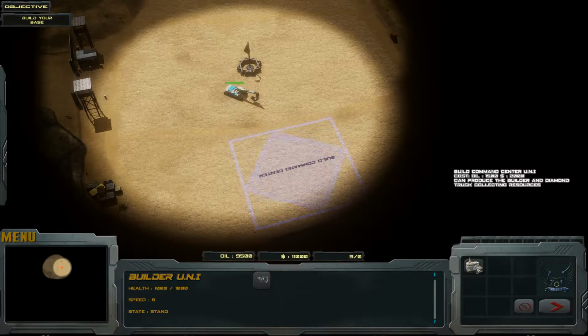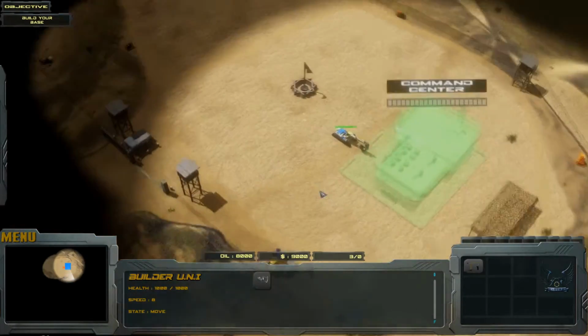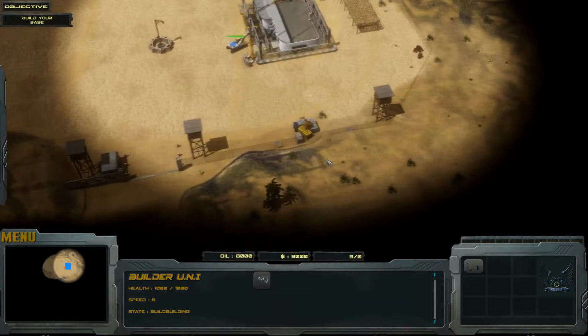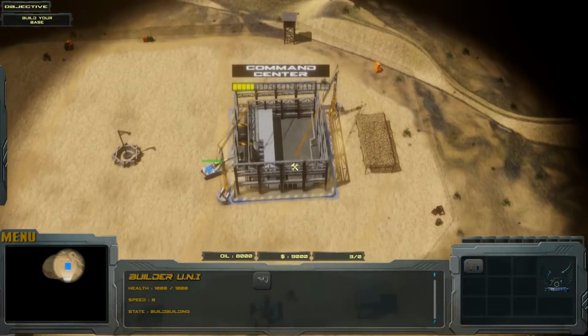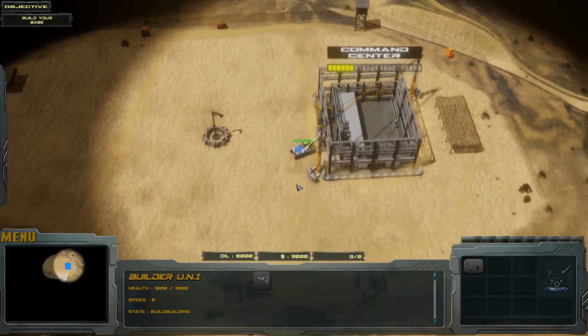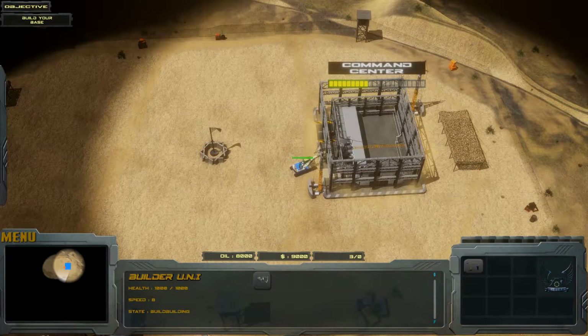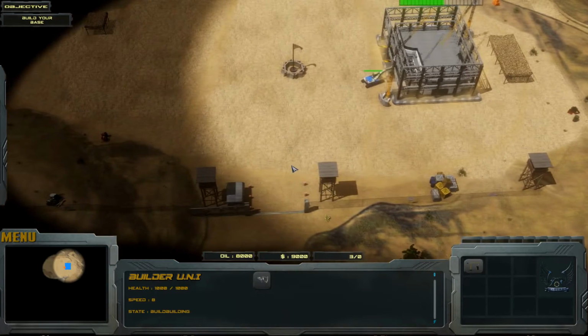Yep, will do. So let's build a command center. Here we go. Also, let's adjust the camera so it's actually correctly aligned with regard to the radar. Here we go. Yeah, this really looks rather similar to Generals. We've got command centers as our main building. We've got the dozer, which is not only a construction unit, but is similar to the American and Chinese